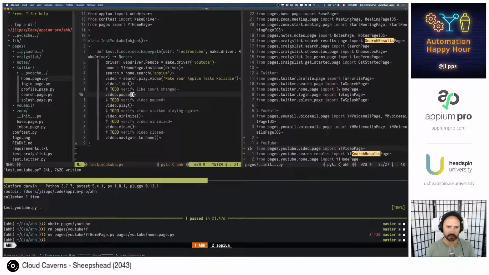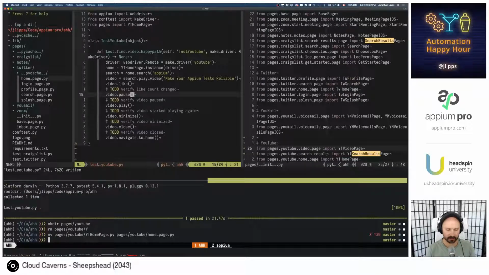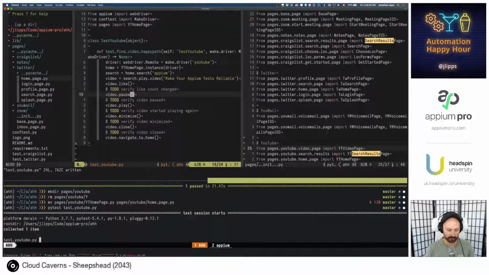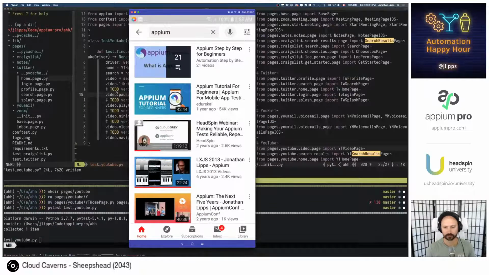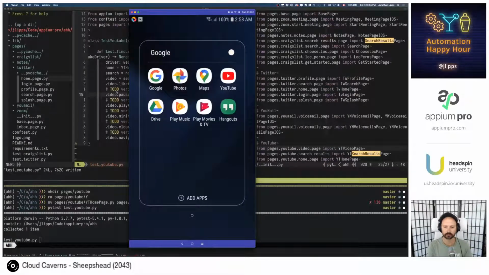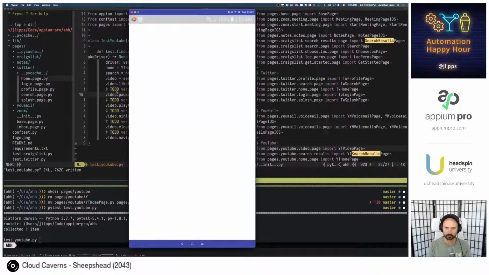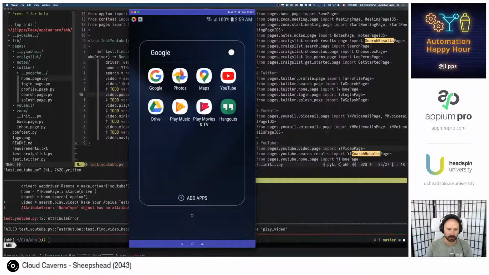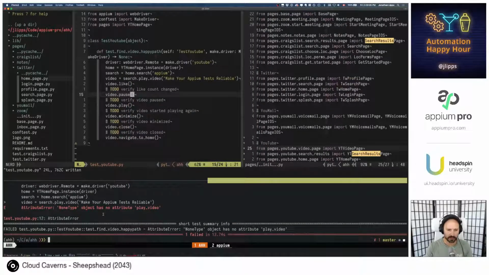Strikes me that we could probably run this right now. And since this is all just empty, it should pass. I don't know if we'll run into any Python issues, but just kind of curious to see if this works. Oh, it does not. None type has no attribute play video.